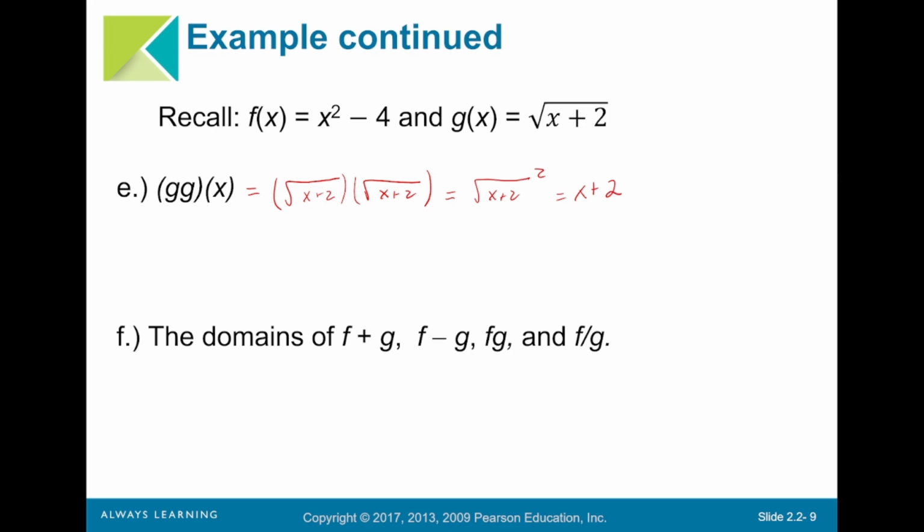Moving on to part F. To figure out the domains of f plus g, f minus g, fg, and f divided by g, let's first write down the domains of f and g themselves. So the domain of f, let's start with, well, f isn't a fraction and it's not a square root, so it's no special case that we need to be extra careful of. Essentially, the domain is negative infinity to infinity. The domain of g,